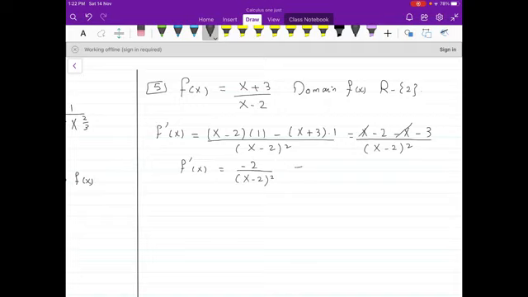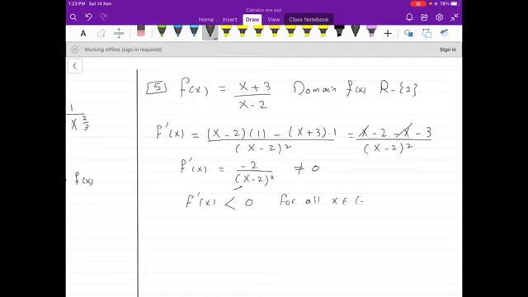Now, f prime is never equal to 0, and f prime of x is always negative. Why? The denominator is always positive. So it is clear that f prime of x is less than 0 always, for all x